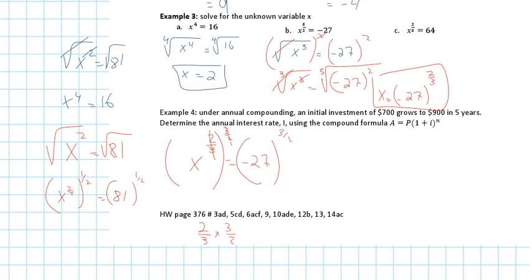I see people looking at me not 100% sure about what I'm saying. So you have two options. You either show me the steps and find your final answer, okay? Or you can right away, like I'm going to do for this question, raise it to the power of 3 over 2, because 2 over 3 and 3 over 2 are going to cancel each other, and then you're going to be left with x equals 64 to the power of 3 over 2, which is